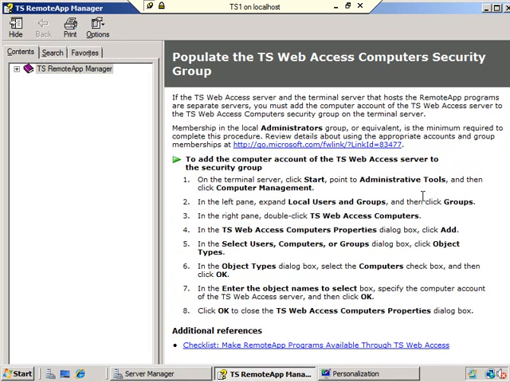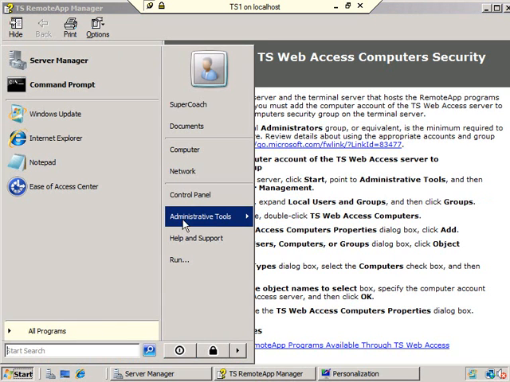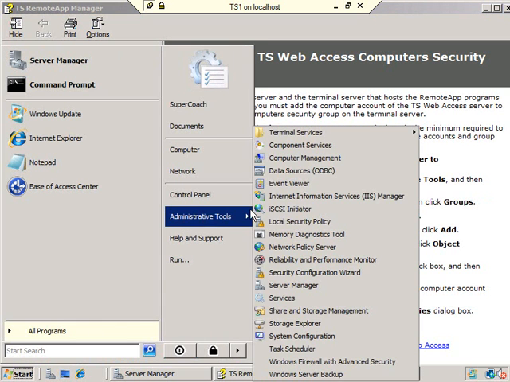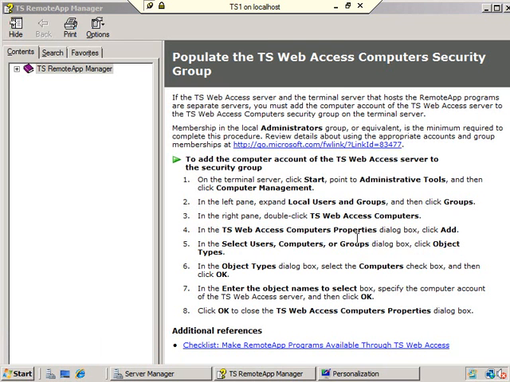Basically what we need to do is follow the instructions. Let's see what it says. To add the computer account of the TS Web Access server to the security group, on the terminal server, click Start, Administrative Tools, Computer Management. We need to go into Local Users and Groups, then click on Groups in the right pane, double-click TS Web Access. Let's just jump right in. Let's go to Administrative Tools, Computer Management, and we'll bring up that MMC so we can follow the